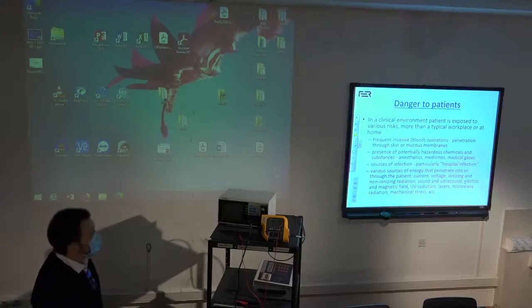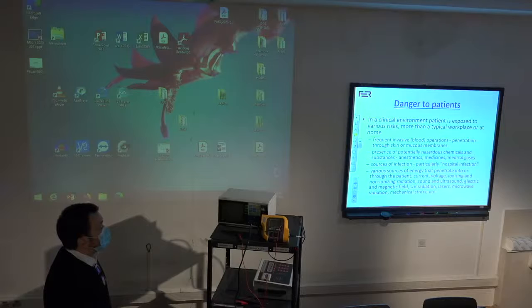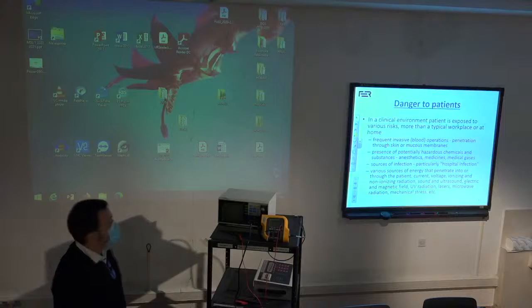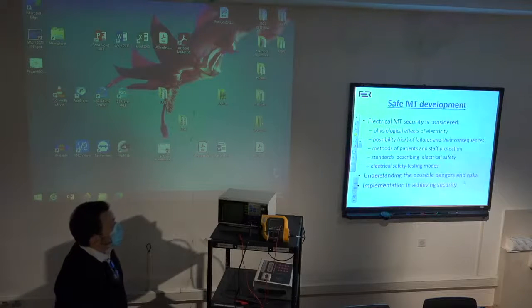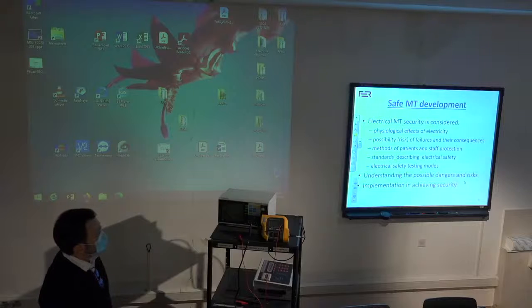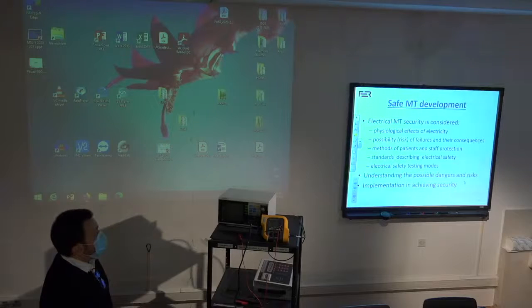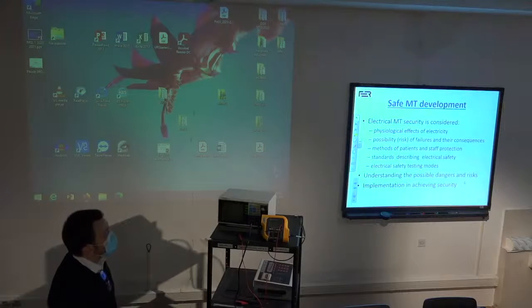So that's it. And then here the fourth tab is the one where most of the electrical, electronic devices come in, with a very, very large variety. So from the point of view of security, what we will be talking about today will be based on the physiological effects of electricity. The other thing we will just touch on, and then as a demonstration we will have a look at a part of the testing of the